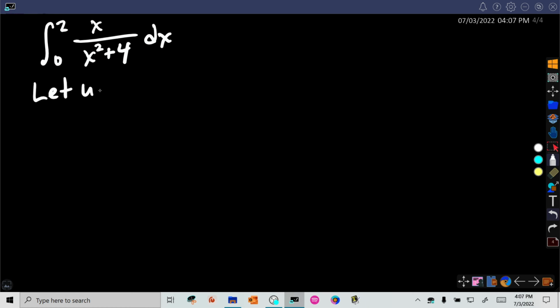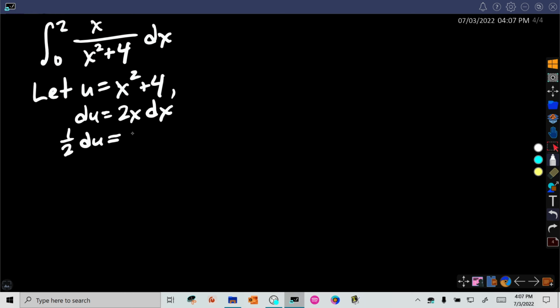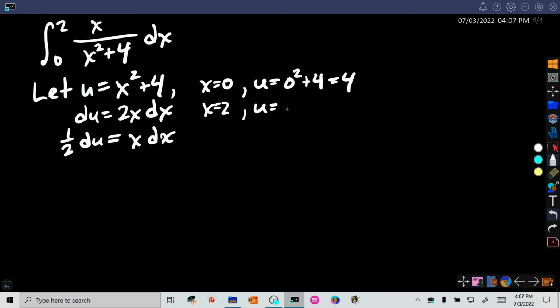So I'm going to let u equal the thing with the higher exponent, so x squared plus 4. That means du is equal to 2x dx, which means 1/2 du is equal to x dx. All right, so first off, let's actually take care of the bounds as well. I forgot to do that. If x equals 0, that means u is equal to 0 squared plus 4, which is equal to 4. And when x is equal to 2, u is going to equal 2 squared plus 4, which is equal to 8. Okay? So these are my new bounds. So I'm going to go from 4 to 8